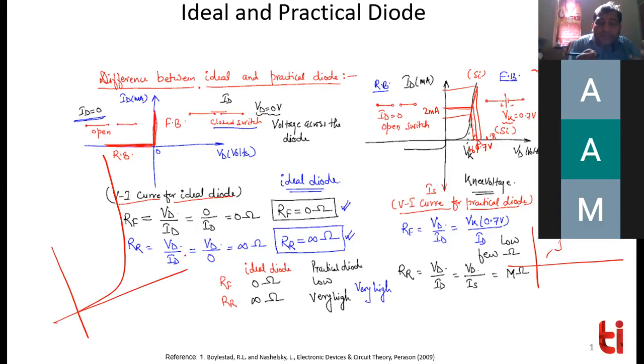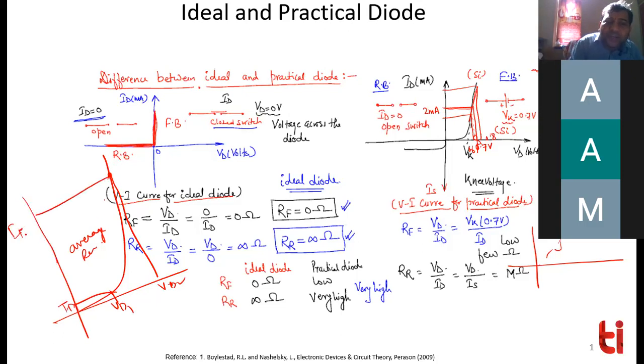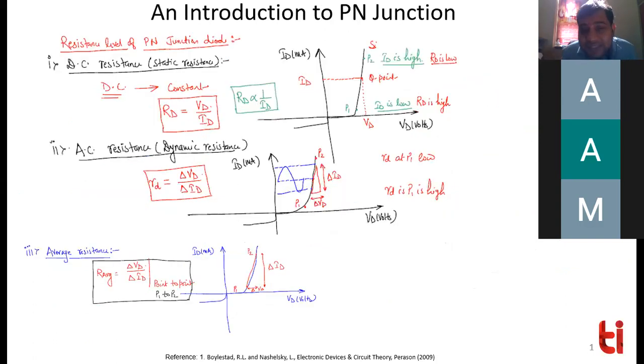So let's say the diode is biased, moving from one point here to one point here. You cannot put a tangent here. So at that time you need to find out the average resistance of the diode. And how to calculate the average resistance? Point to point. You can take the difference point to point. This is VD2, this is VD1, this is ID1, this is ID2. Just find out VD2 minus VD1 divided by ID2 minus ID1. These are the resistances. I will finish here.